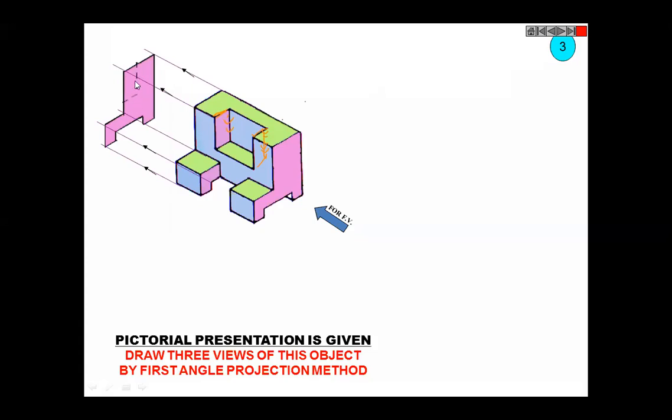Okay, only one hidden line you can see, because this and this what we get here will be overlapping each other. So we will be able to see only one part. Clear? Now, in top view, how many hidden lines will you be able to see? Answer me. Mark it here fast. In top view.